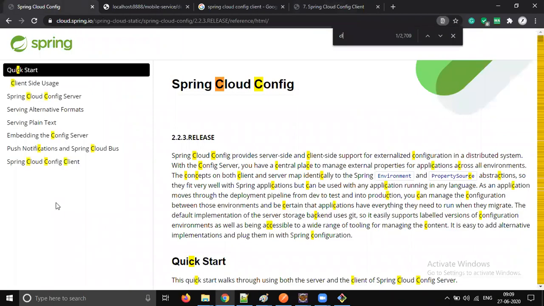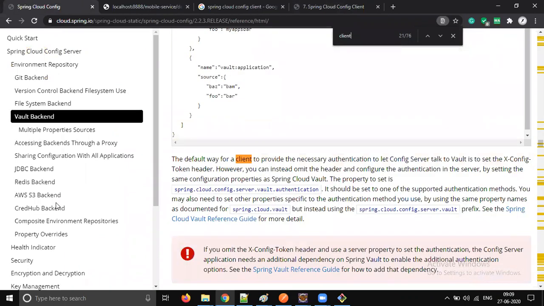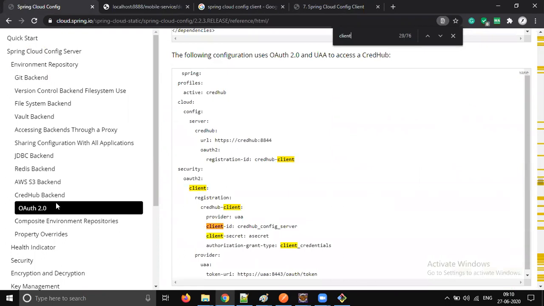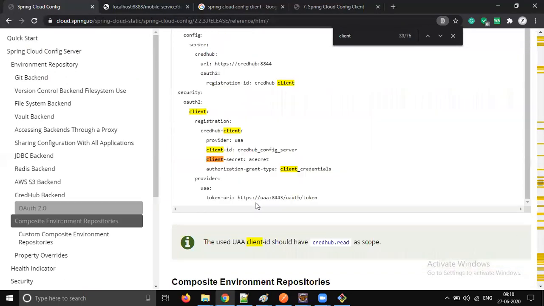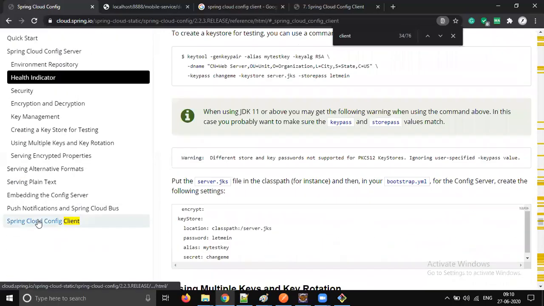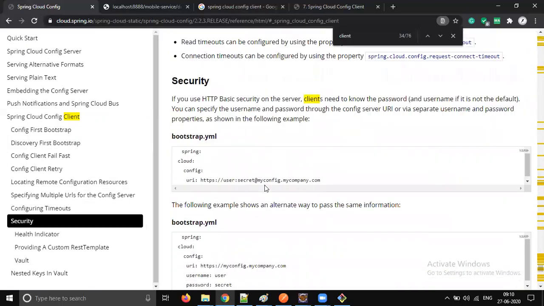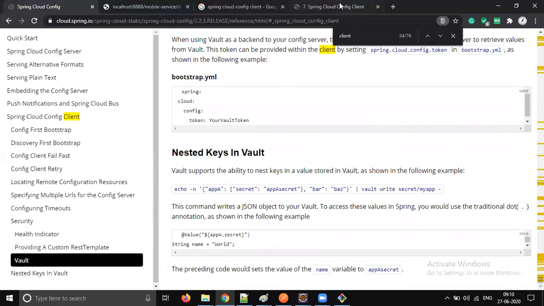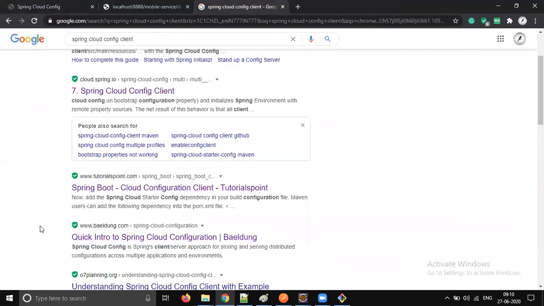So just say client. Oh, it's there at the end. You go to the end, right? Where you see bottom up. In the index, there was somewhere at the bottom. Cloud config client. I want the bound XML snippet. If I create a new Spring project, I will get it. But okay, again, let's go to Google and based on some date and time, we can take the latest one.